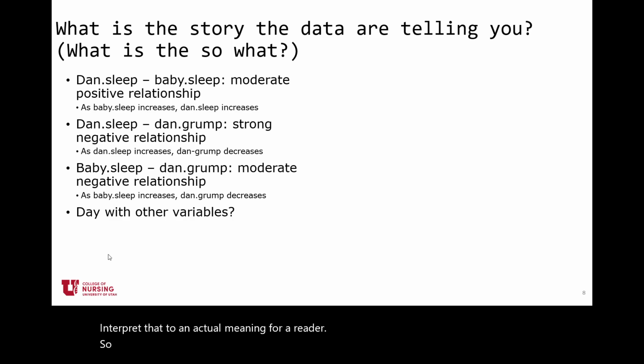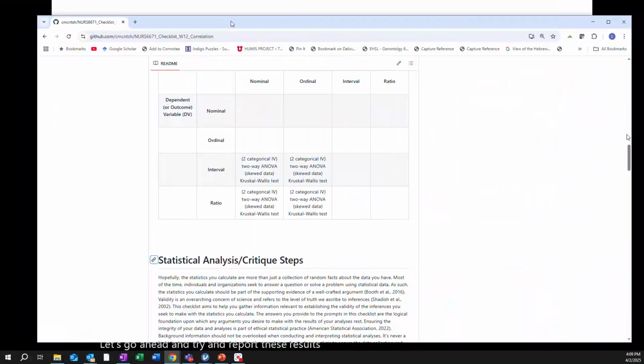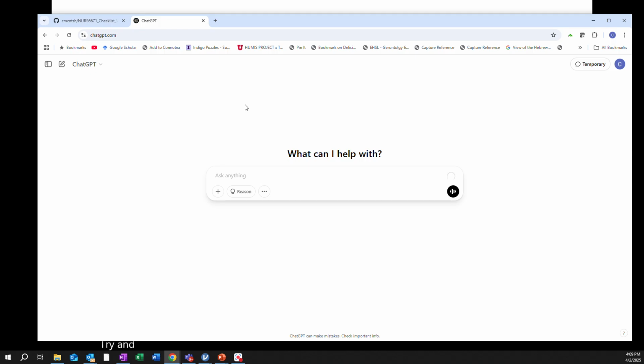Yeah, those are the patterns there. Let's go ahead and try to report these results. I haven't tried this yet, so we will experience this together. Let's try ChatGPT, and if I go get our prompt text, what I'm basically asking for,